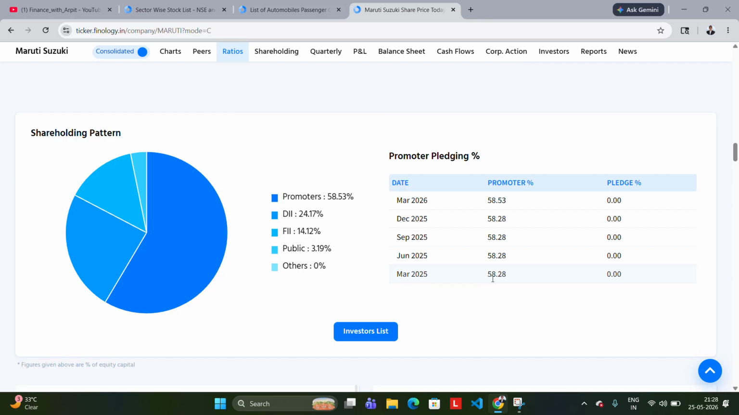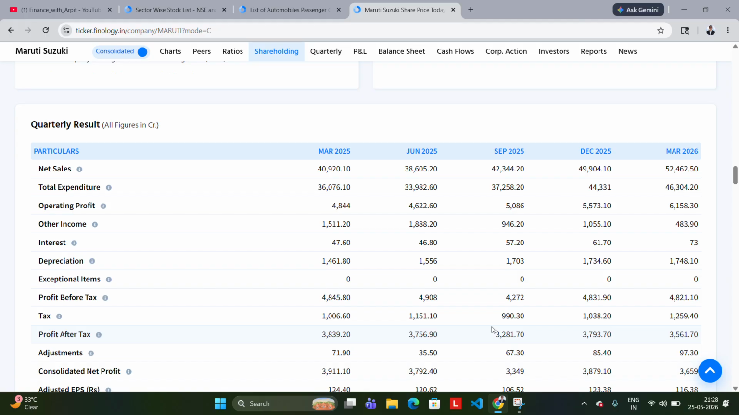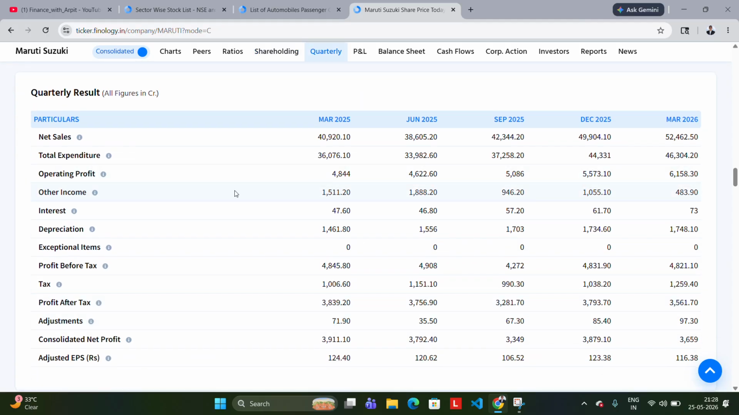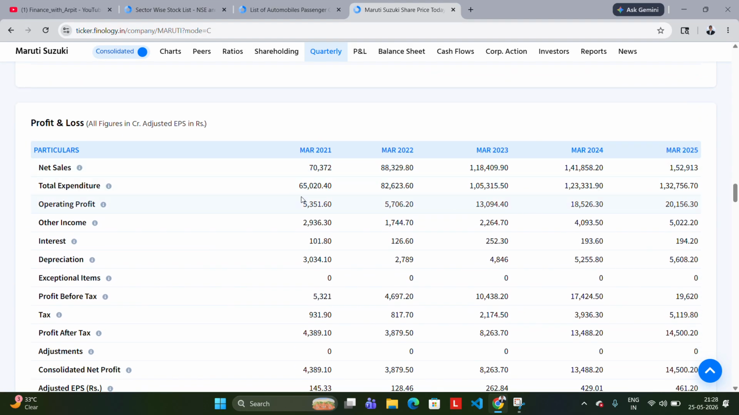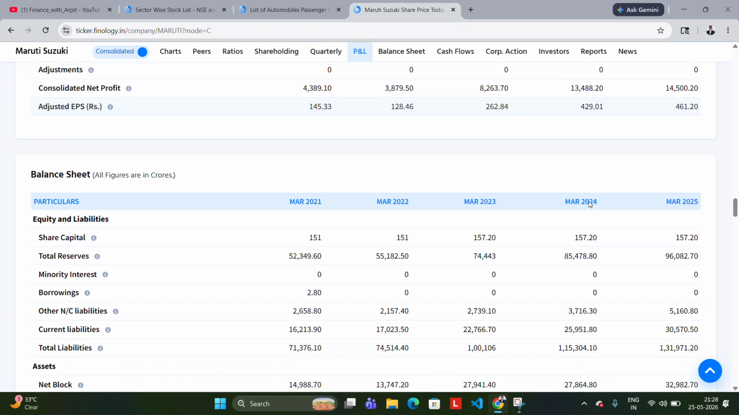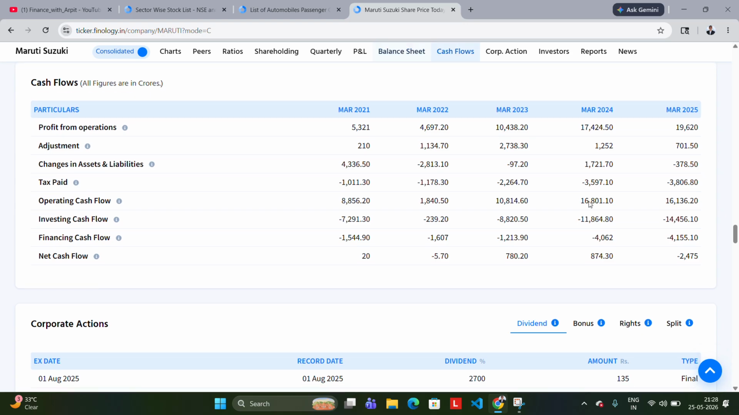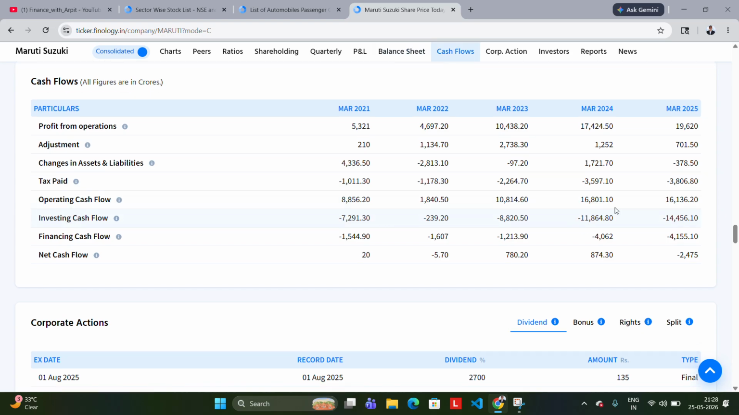And the promoter holding is again increasing, guys. So yeah, we have found a new company. Operating profit is also increasing quarter-wise, even though this industry is not overall performing well. The operating profit is also increasing year by year. So yeah, the operating cash flow is almost the same as last year, but overall it is negative